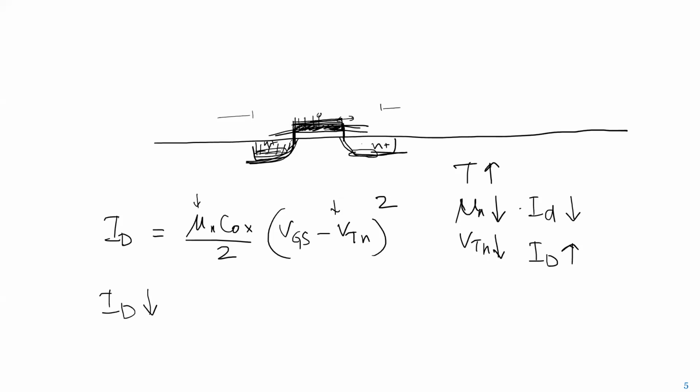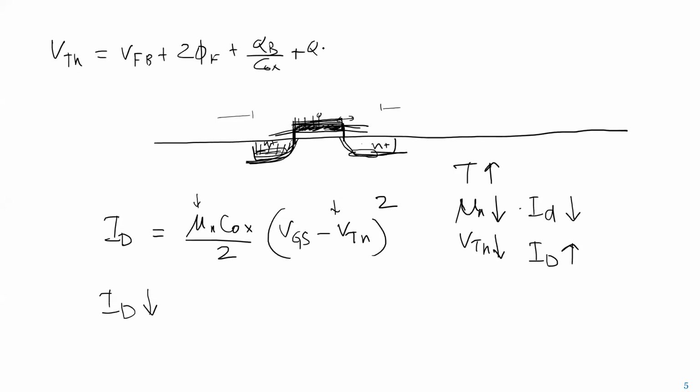Sir, I was saying you said VTN is inversely proportional to temperature, and the parameters of that VTN equation are always dependent on temperature. So that's the reason we can't control VTN with respect to temperature. So if I understand the question, you're asking about all the parameters of VTN, like VFB plus 2φF plus QB over Cox